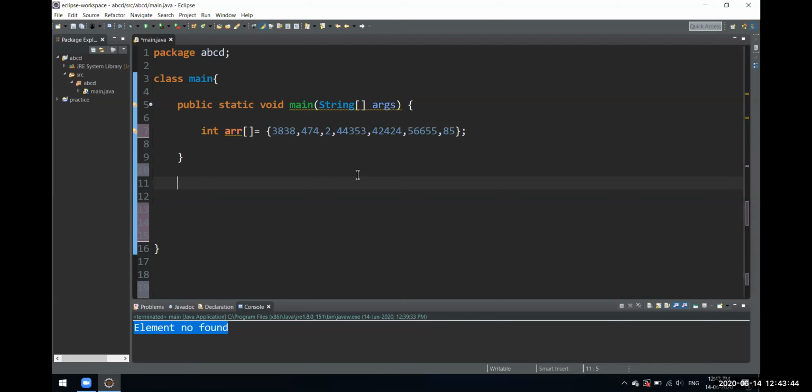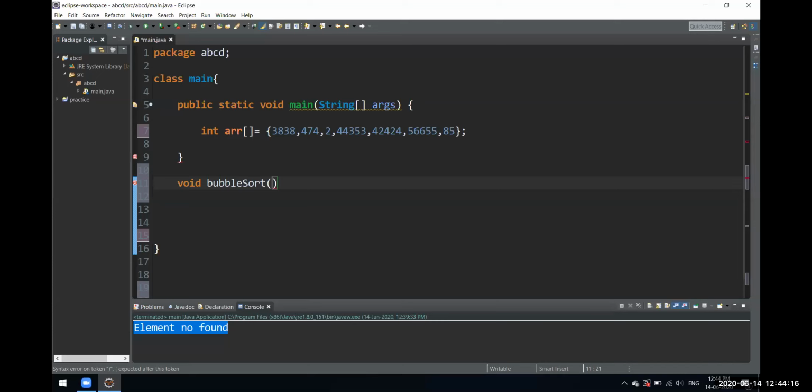So let's just write a function for bubble sort, okay. Again, one more function which will return nothing, void, okay. Java is very strongly typed, I would say. You have to specify everything. You do not have that flexibility, okay. But yeah, this is also very good because you define everything in a structured way. So when you are looking at that code after some time, it becomes very helpful, okay.